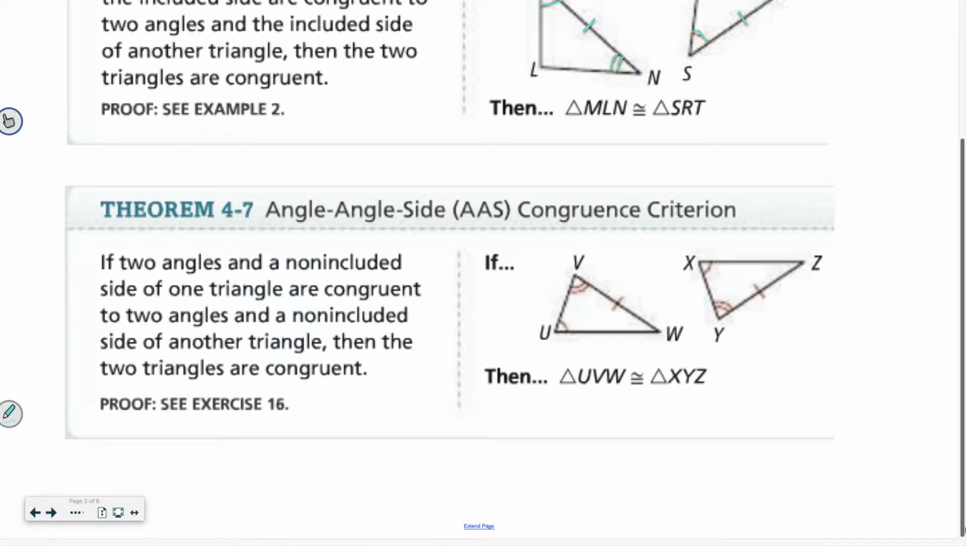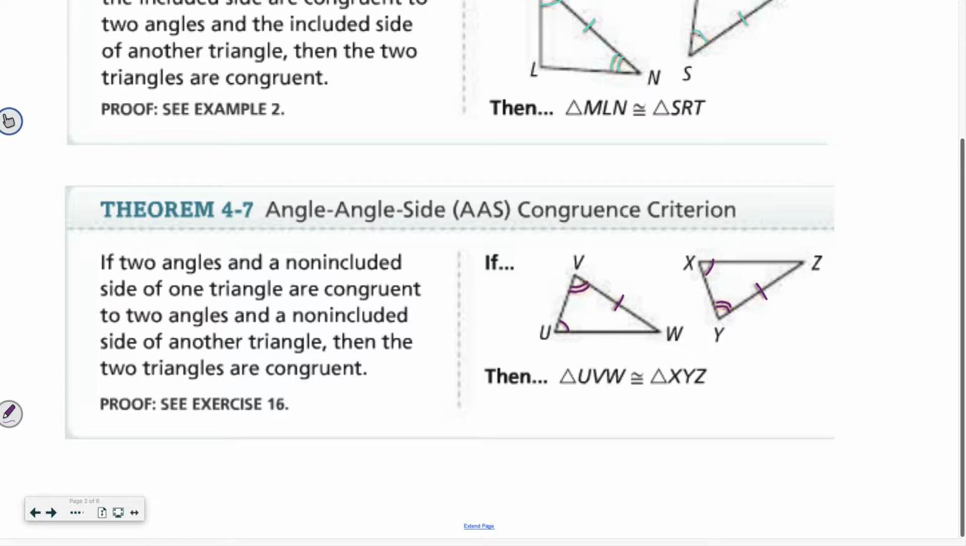The second theorem that we're going to talk about today is the angle, angle, side congruence criterion. That means that I have an angle, then I have another angle, and then I have a side. Okay, so I have angle, angle, side. That is our AAS